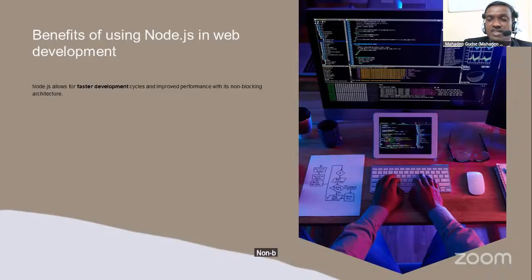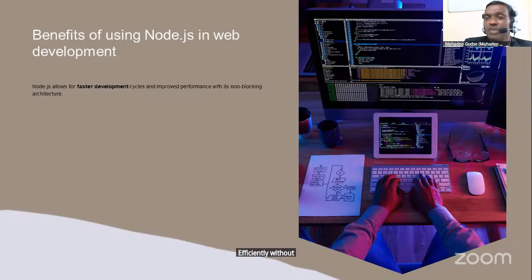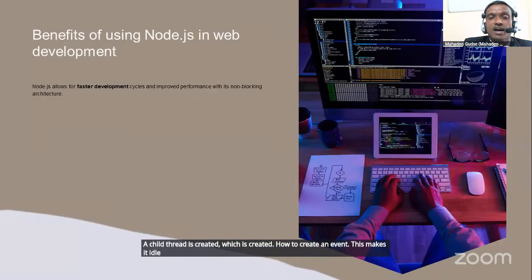The non-blocking, event-driven architecture of Node.js is at its core, which allows it to handle a large number of concurrent connections efficiently without blocking the main thread. The main thread is never blocked. A child thread is created, which helps to create an event. This makes it ideal for building